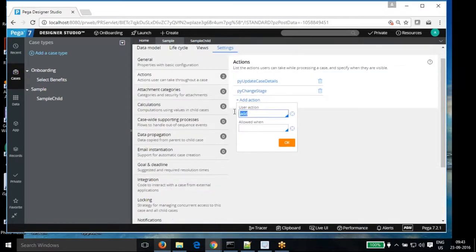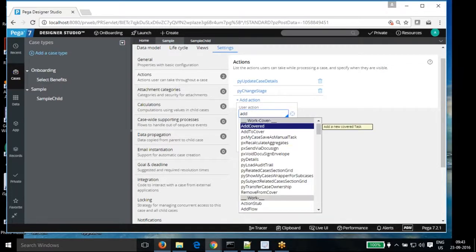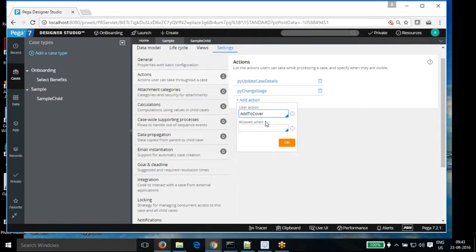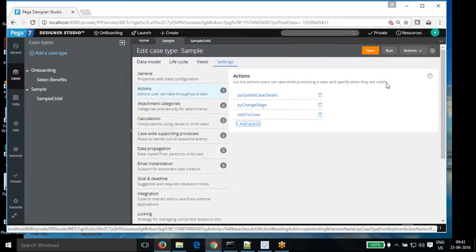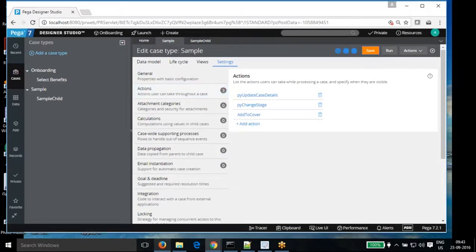I need the proper name. Add to cover. Sometimes it works in that scenario. I've added it and saved it, so you can see it shown as three now. Three actions are there, and then attachments: however many attachments you want to add, you can see.